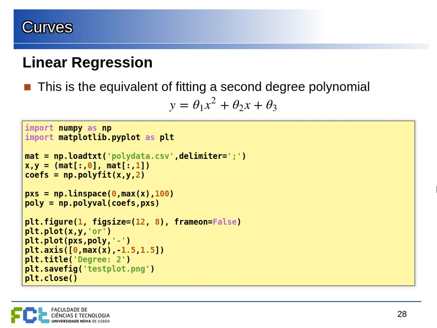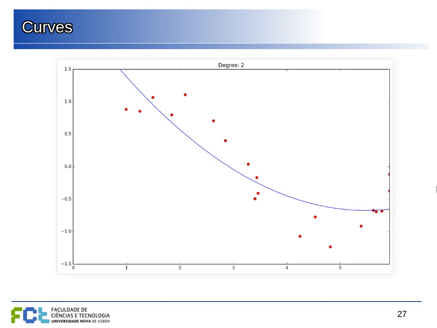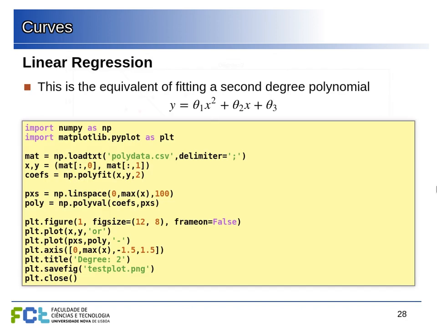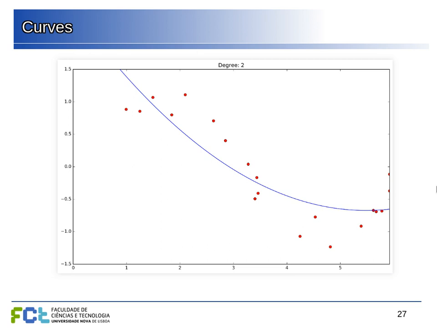So these are 100 points along the x value. I compute for these 100 points all the y values using this polyval function. So basically, this polyval function receives the coefficients of the polynomial and the x and gives you the y. And now I can plot everything with a dash here to indicate that I want a line. And this is what does this curved line here. There are 100 points computed with the polynomial.